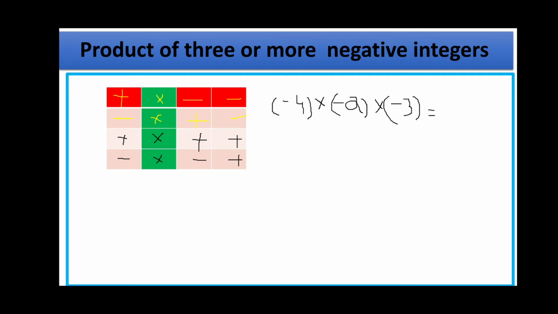So now first we are taking the two integers, that is minus 4 into minus 2. If you observe, the signs for 4 and 2 are the same, that means minus. Minus into minus gives plus, as we already know that. So here we are using the same rules. Whenever you are doing integers, we have to use these rules which will make it easy. So minus into minus gives plus.